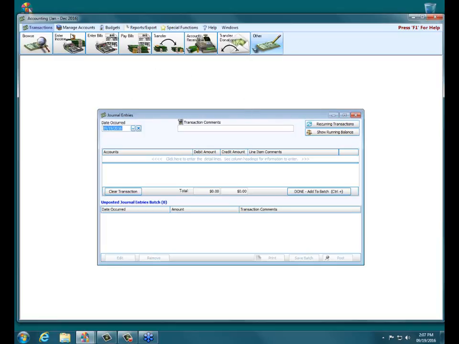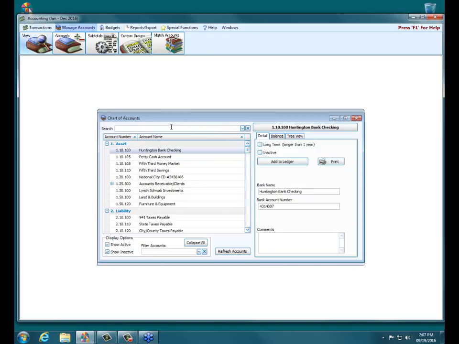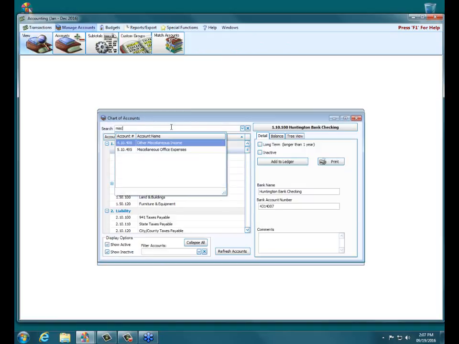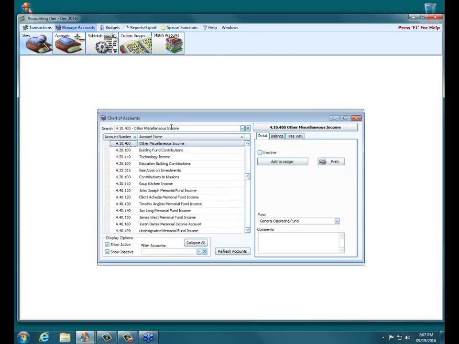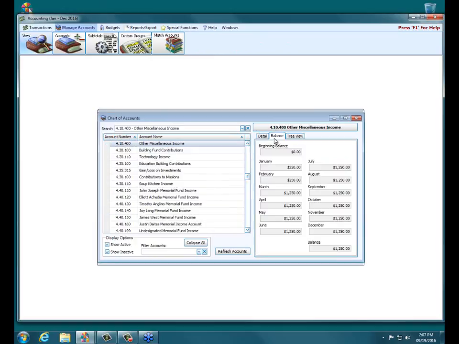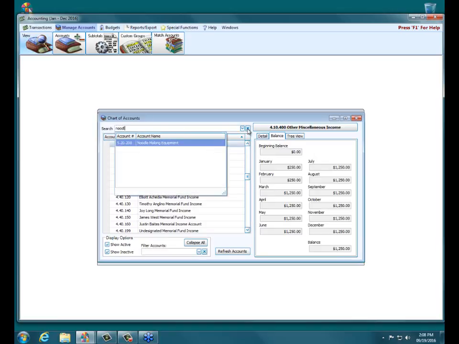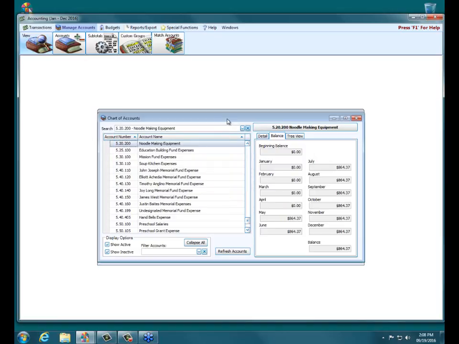So just by way of an example to show you what I mean by that, if I go to my Manage Accounts in my view and I type in my miscellaneous other income and I click on my balance tab, right here $1,000 in March was my gift towards noodle making, and we have now just purchased that equipment and we're just going to move that over to wash out that expense. So now if I go up and I type in my noodle, and there's my noodle making equipment, I've purchased it here in May,